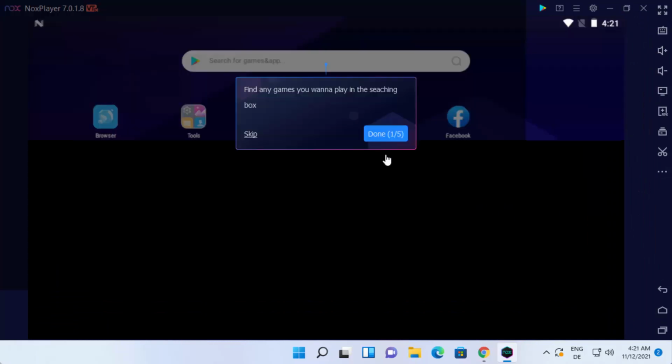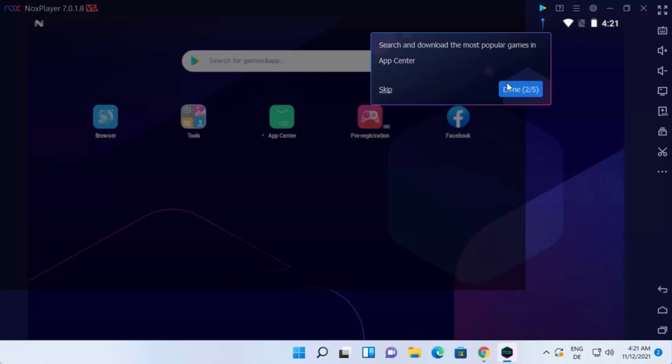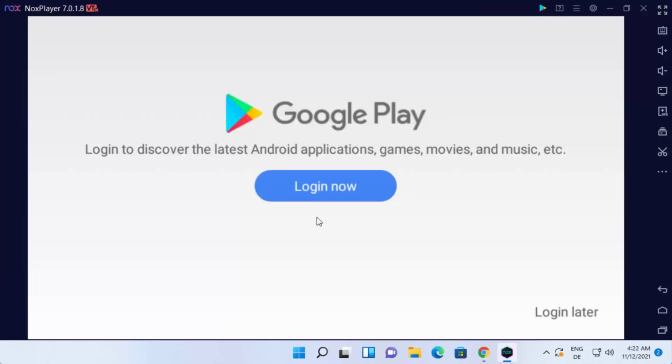So let me maximize it. And when you install Noxplayer for the first time, you will be able to see these kind of hints where Noxplayer is going to show you how you can navigate this Noxplayer. So it's saying find any game you want to play in the search area, and then I'm going to just click on done, and it's going to show once again some other tip to you, right? So for now I'm going to click on the skip button,